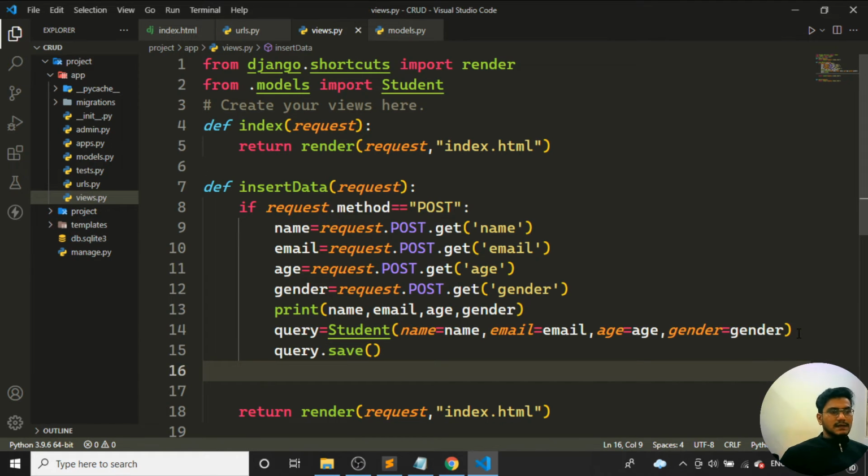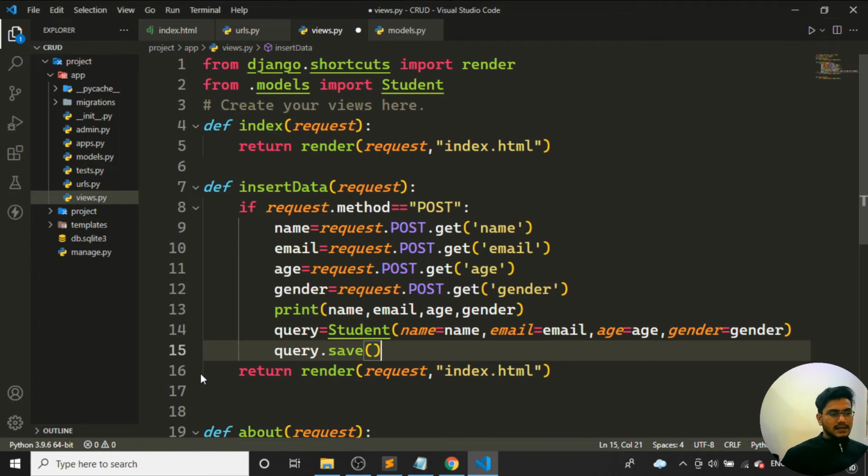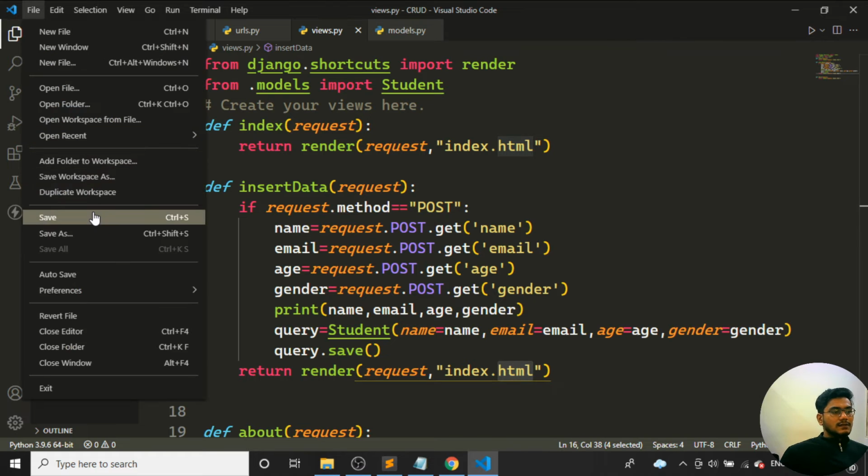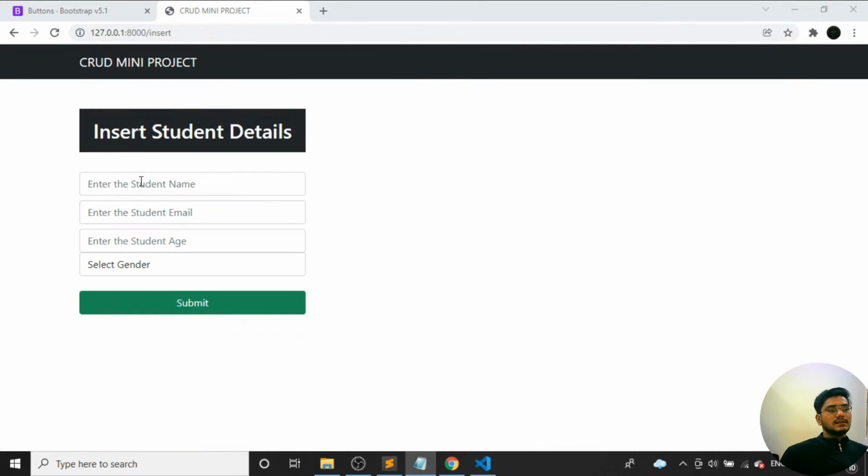So once it has been saved, it can display a message, but I don't want to display the particular message. How to display the message, we'll see later, at the last. Now let's do the delete operation later like that. So it will get saved and it will return me the index.html file. That's it. It's only this much it should do. So I'll just save this much. Let's see whether the things work or not.